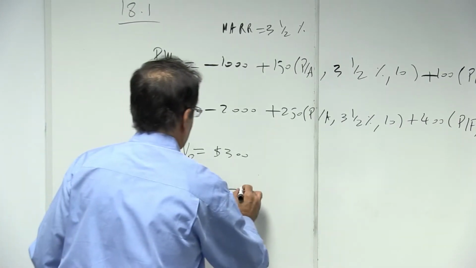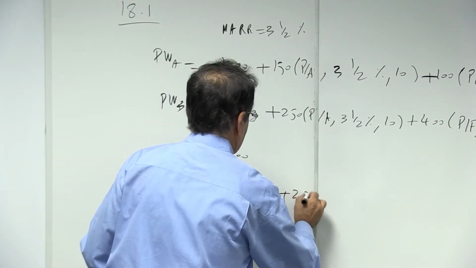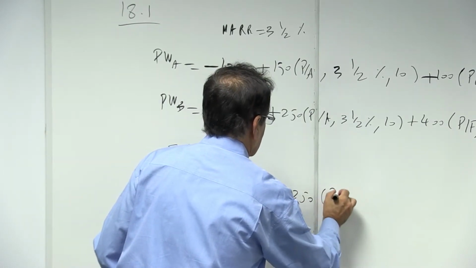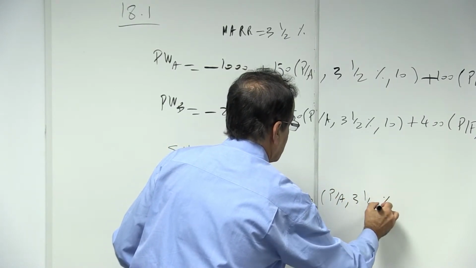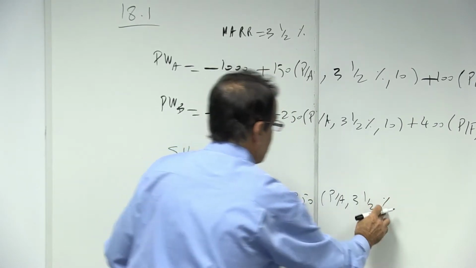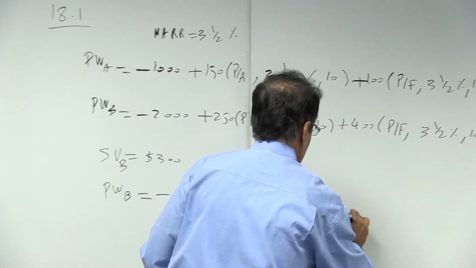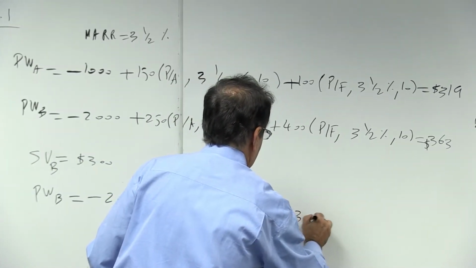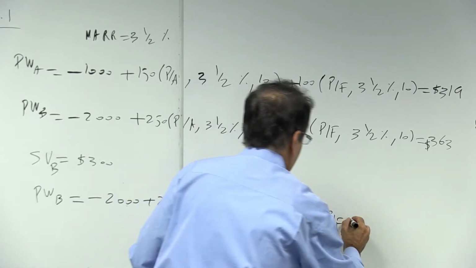The first cost is not going to be different. The benefit is also the same. The only thing that's going to change is the salvage value, which is going to be 300 P given F, 3.5%,